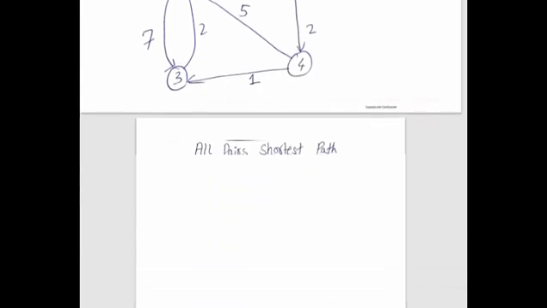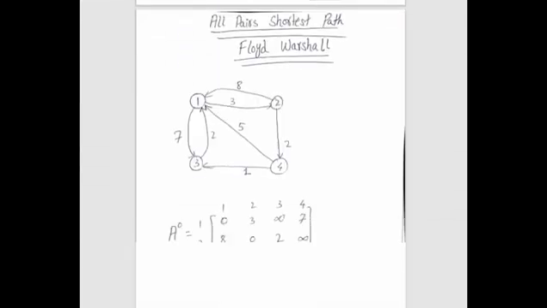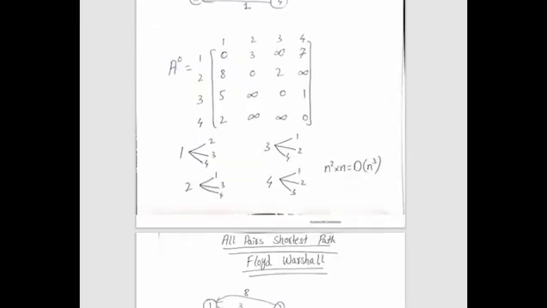Let's suppose that we are going to find the all pair shortest path from the vertex 1 to 2, 3 and 4, or we have to find from the vertex 2 to the vertex 1, 3 and 4, or from the vertex 3 to the vertex 1, 2 or 4, or from the vertex 4 to the vertex number 1, 2 or 3. See, this is somehow related or similar to the single source shortest path, that is Dijkstra